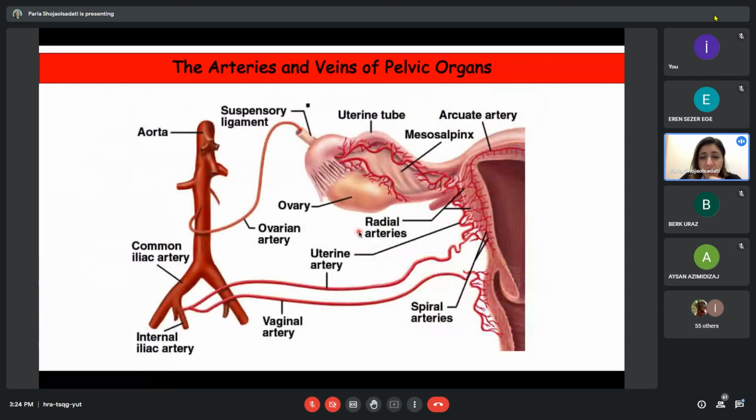You can see the different main sources of blood to the internal genital organs. One of them is the ovarian artery, which is given off from the abdominal aorta, goes through the suspensory ligament of the ovary, passes through the ovarian follicle, goes through the ovarian